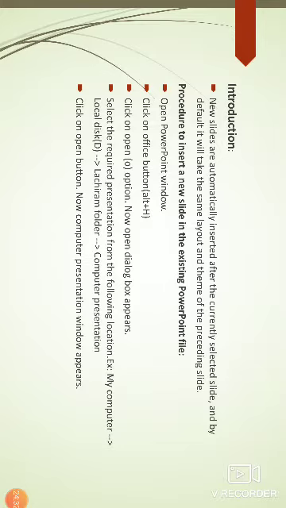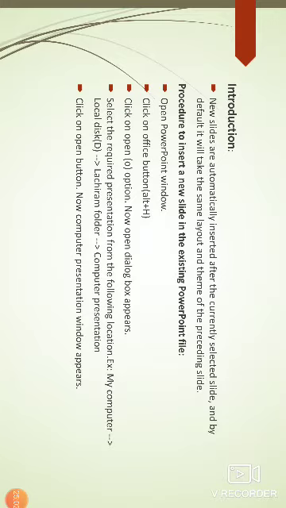A presentation contains a series of slides. A slide contains information like text, audio, video, images, etc. In a slide we can insert audio, video, text, images, clipboard, etc.